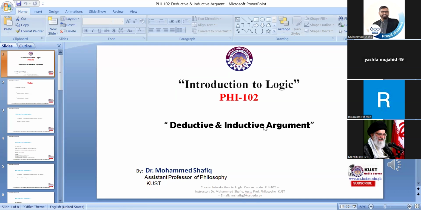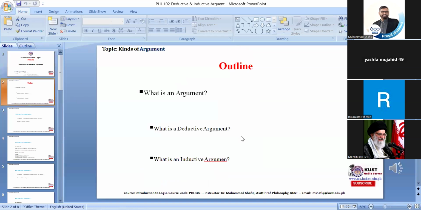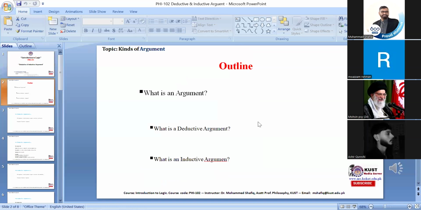Today, we are going to discuss deductive and inductive argument. If you remember, in the last lecture, we discussed what is an argument, and once